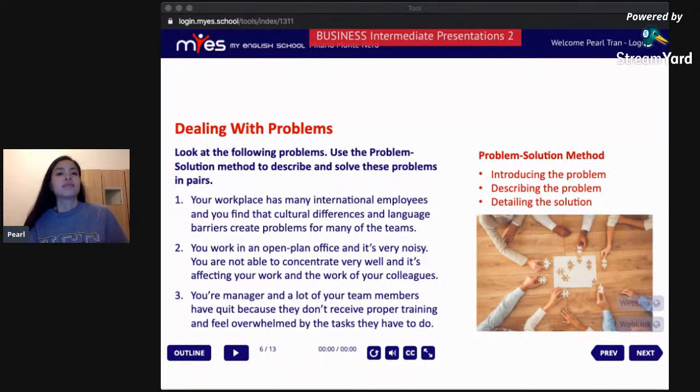So a solution to a problem like this would obviously be to provide adequate training to your team members and make sure there is a period of time where new employees can adjust to a new role or new position, whatever. So I think there are many situations where